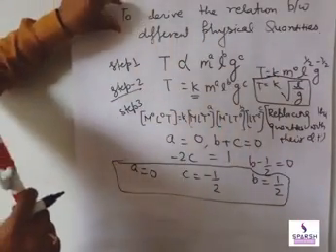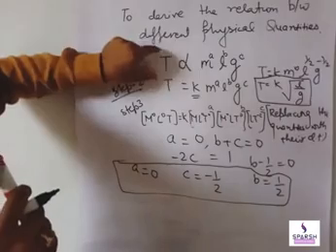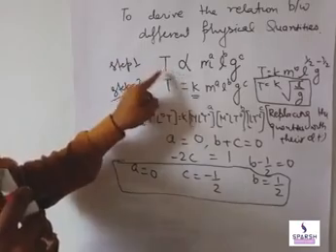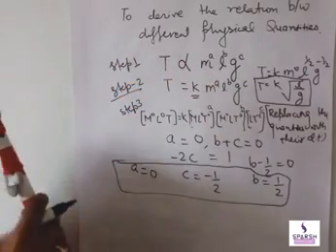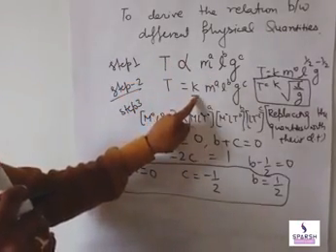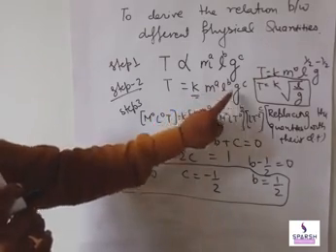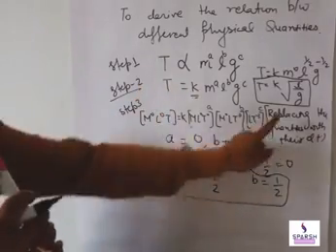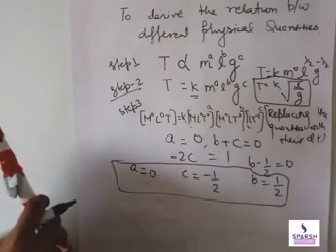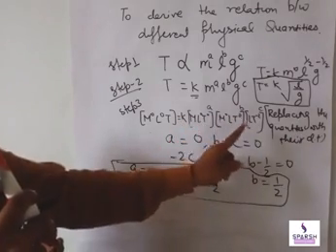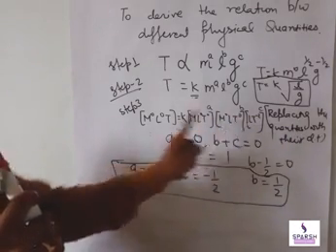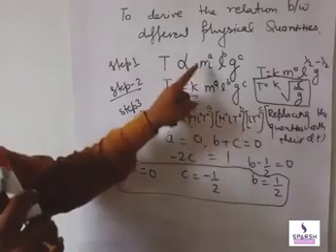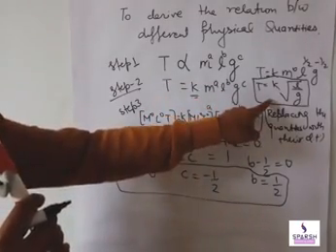Again I am revising the steps. First of all, find from the question the quantity for which we have to derive the formula, and the quantities on which it depends. Make a proportionality sign and equate with a proportionality constant k. Put random powers a, b, c, x, y, z, whatever you require, it's your choice. Now replace the quantities with their dimensions, solve for the same bases with the powers, then compare the powers on LHS and RHS, find the powers and put them in the second step equation. You will get the required formula.